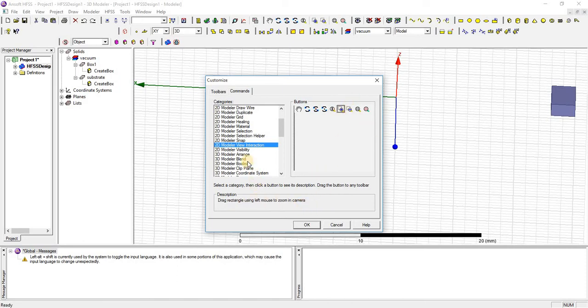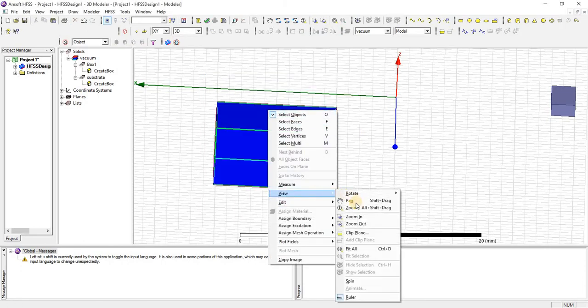And next, the area in which you want to zoom: positive zoom and negative zoom. And the next command is fit all in the same view, and the last one is fit all in active view. Let's see one by one.